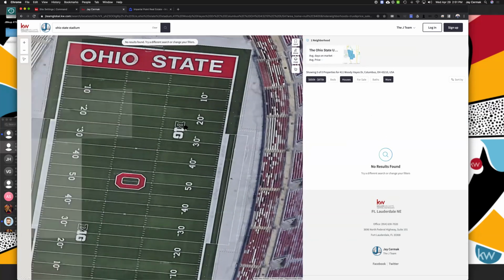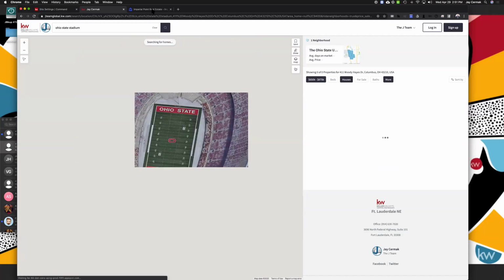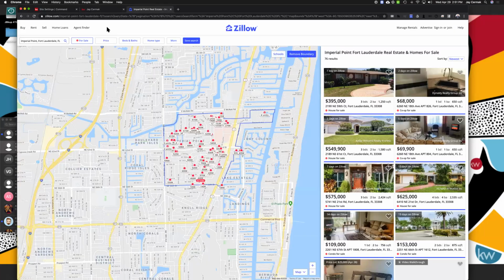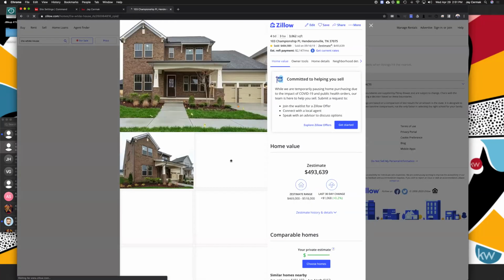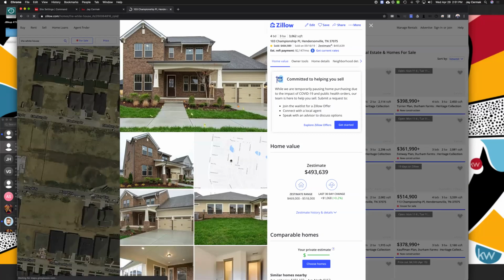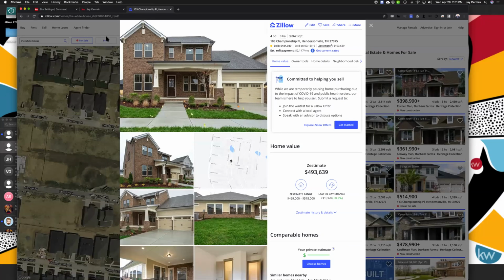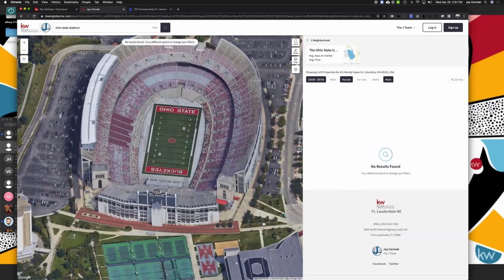So this is our ability to search by landmark. You know what? Not going to happen on Zillow. Search by landmarks. I can type in something simple like the White House. Everyone knows what that is, right? I can search by the White House, and let's see if it takes me to the White House. No, it pulls up some random house. Huh. If I do the same thing on our website now and I say the White House, it can search